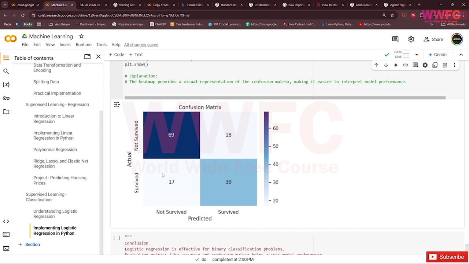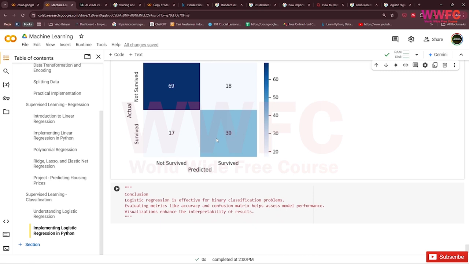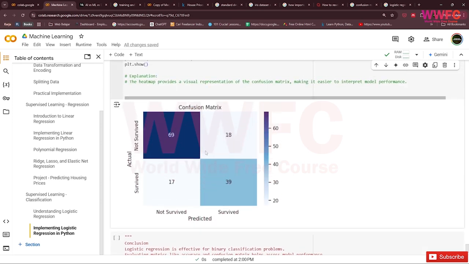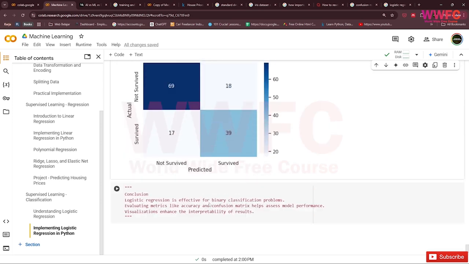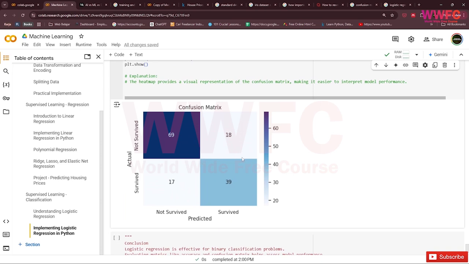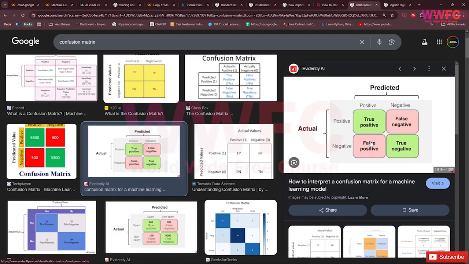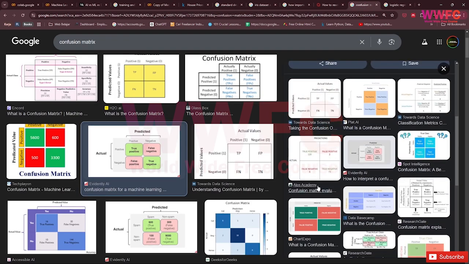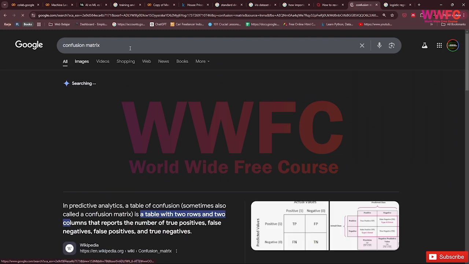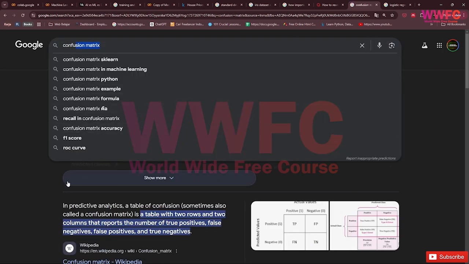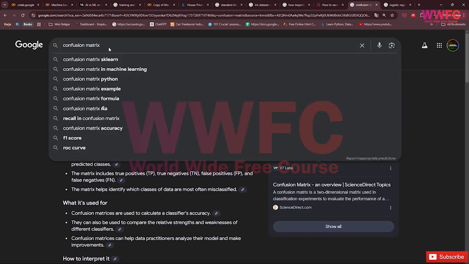But there are 17 that are actually survive but predicted not survive, and some actual not survive predicted as survive here. So that was the interpretation of this confusion matrix. If you don't really understand it, you can check more to know it better, because this is really important.